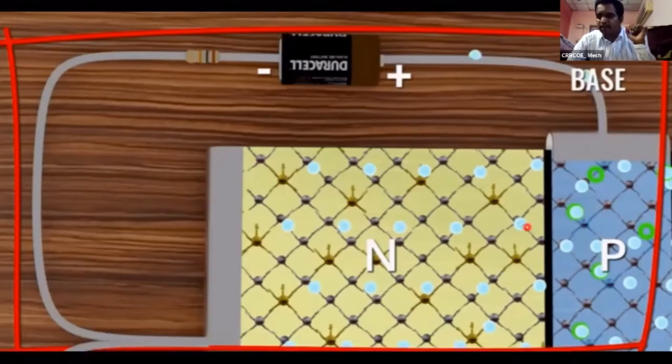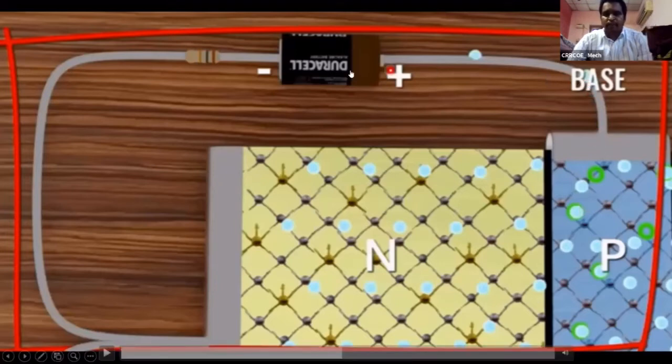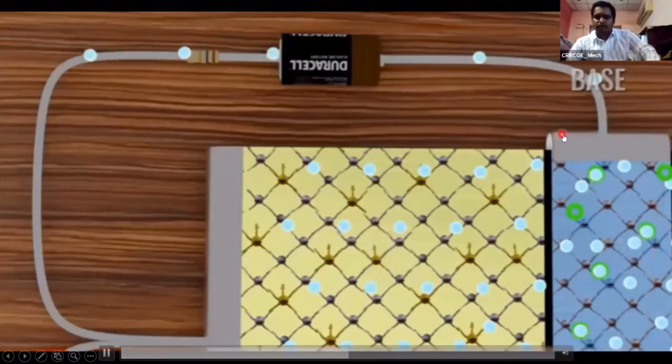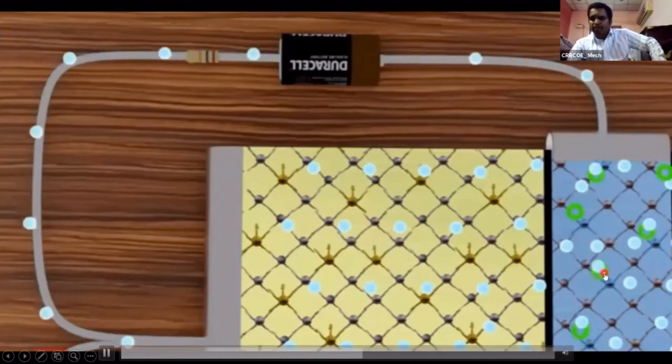Here the electrons are combined with holes, and they are jumping across the holes, meaning recombining with the holes. That's why it is called recombining current. This recombining current is moving towards the circuit which is connected to the N and P junction. This is called base current. See this. The current is moving because of combining of holes and electrons. See this.